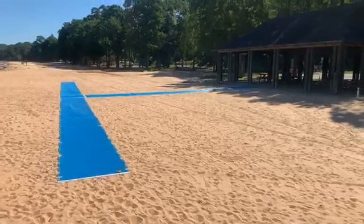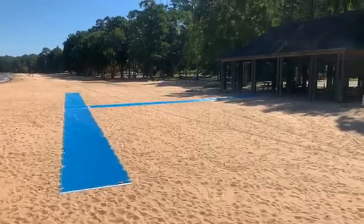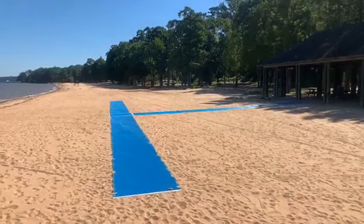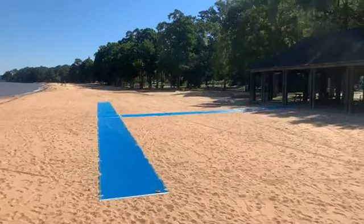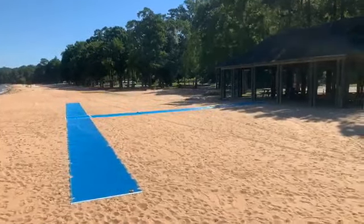And yeah, it doesn't quite go all the way to the water's edge. I saw that comment just a second ago. I was wondering the same thing when I came out. But again, this is the handicap-accessible beach mat out here, just to the north of Fairhope Pier,